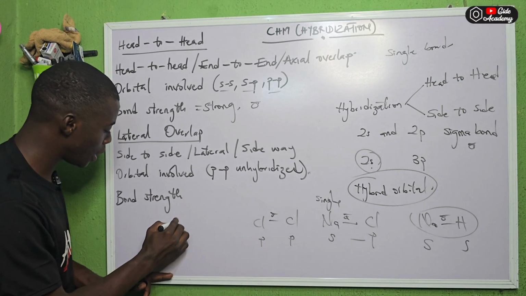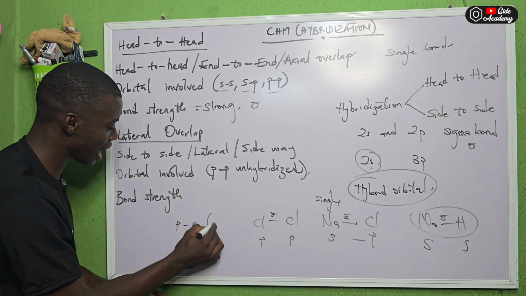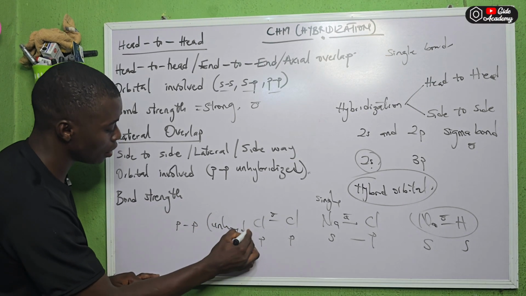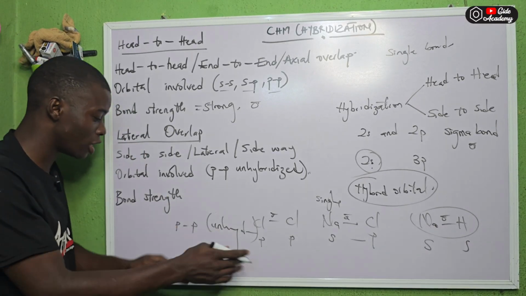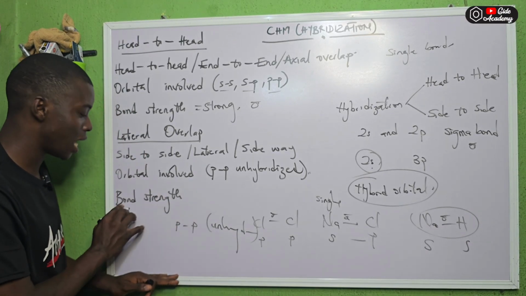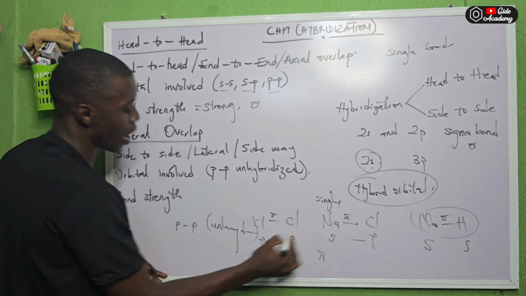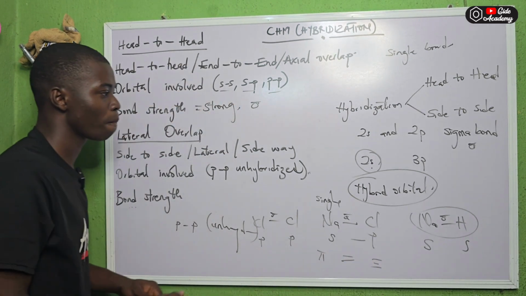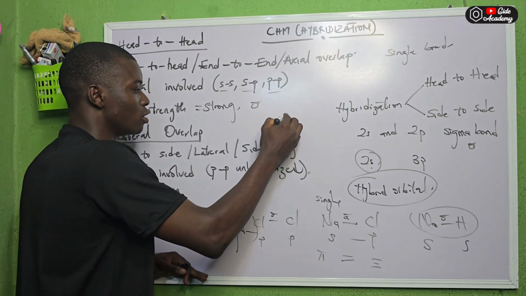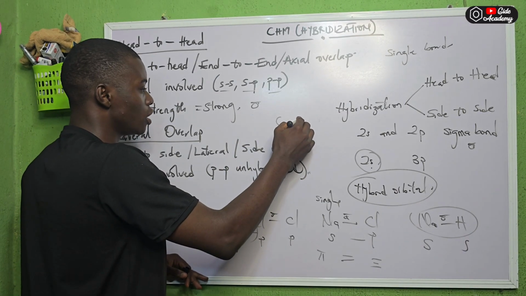Now, if a p element reacts with a p element that are unhybridized, the product that will be formed is called what? The kind of overlapping that will take place is lateral overlap. And the bond that will be formed is a pi bond, which is usually a form of double bond or triple bond. For example, you can always find that in carbon, which is a p block element bonding with